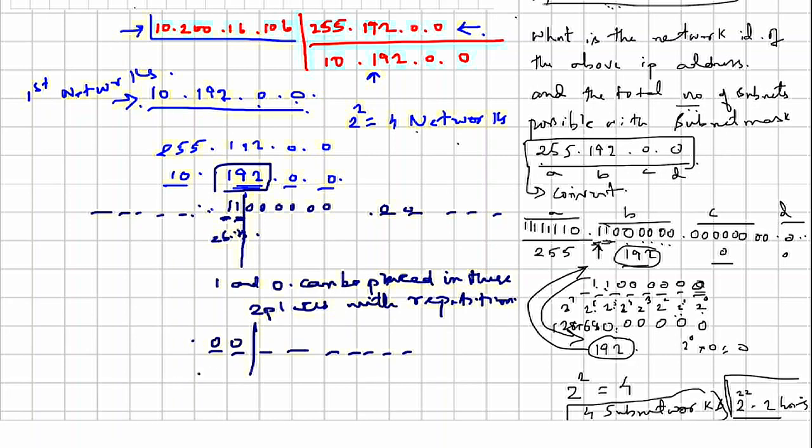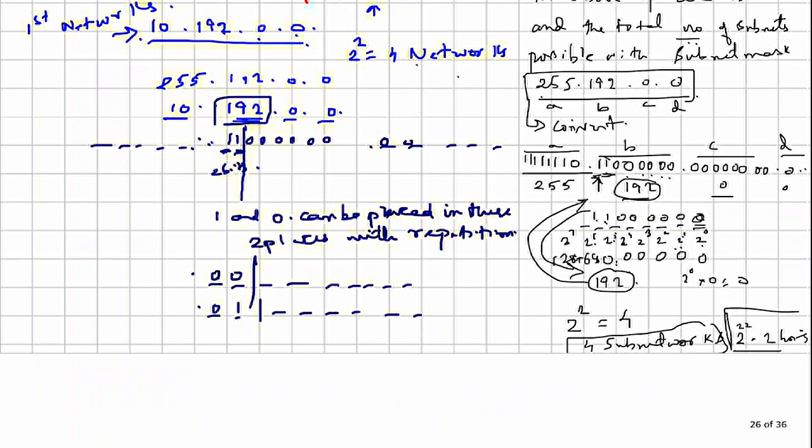The next is 0 and 1, and again I am not touching the rest. Another combination is 1 and 0, again not touching the remaining bits. The final combination is 1 and 1, and I am not touching anything else. So these are the total combinations of 1 and 0 in the 2 network bits. The remaining are all zeros.